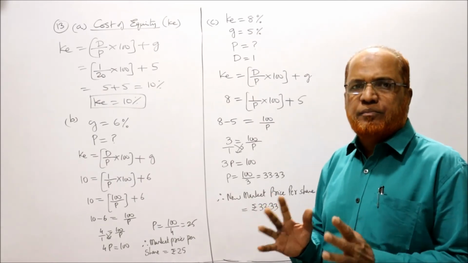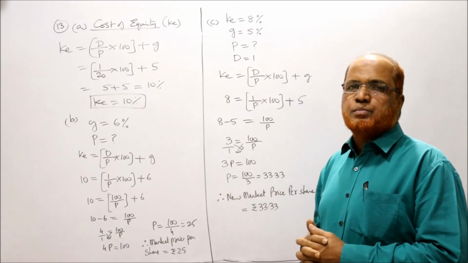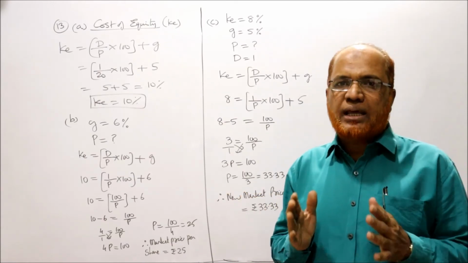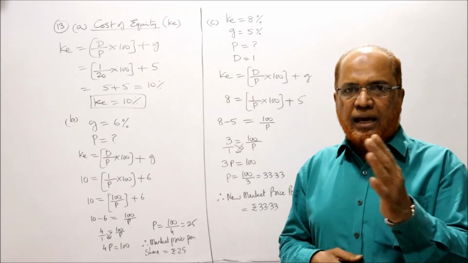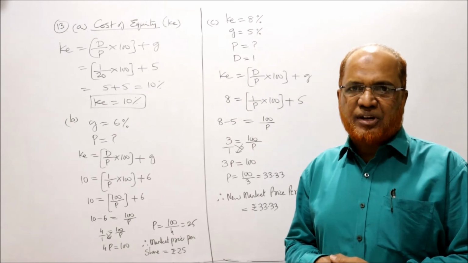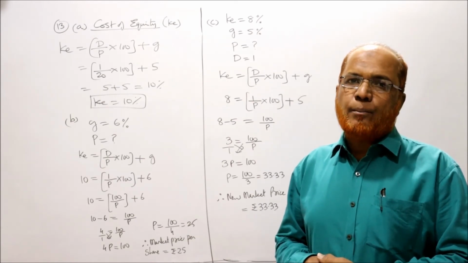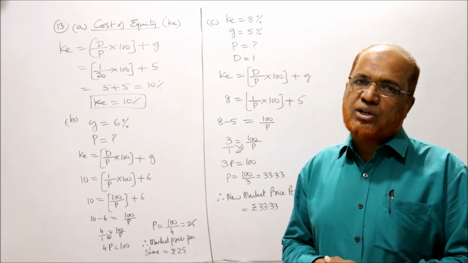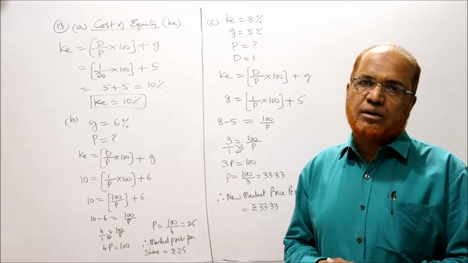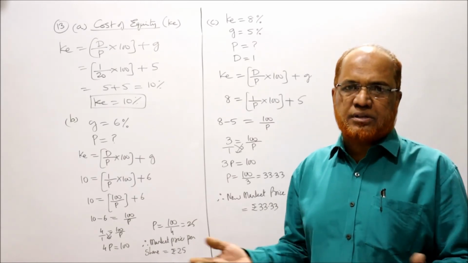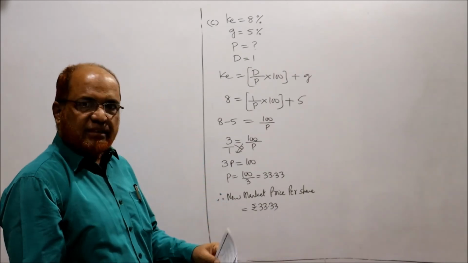One last problem we have on specific cost. अभी जो कर रहे हैं हम ये प्रॉब्लम स्पेसिफिक कॉस्ट के है. इंडिविजुअली वी आर कैलकुलेटिंग फॉर KD, KP, KE. अलग अलग मालूम कर रहे हैं, ये स्पेसिफिक कॉस्ट, कंपोनेंट कॉस्ट कहते हैं इसको। अब इसके बाद जो प्रॉब्लम्स रहेंगे, कंबाइंड कॉस्ट, वेटेड एवरेज कॉस्ट ऑफ कैपिटल, ओवरऑल कॉस्ट ऑफ कैपिटल, कंबाइंड कॉस्ट ऑफ कैपिटल, कंपोजिट कॉस्ट ऑफ कैपिटल, सबका मतलब एक ही।